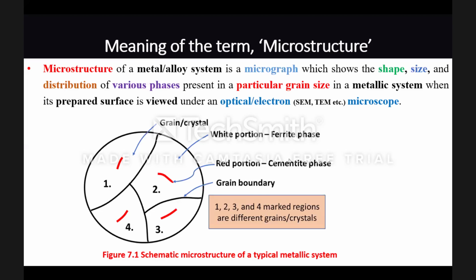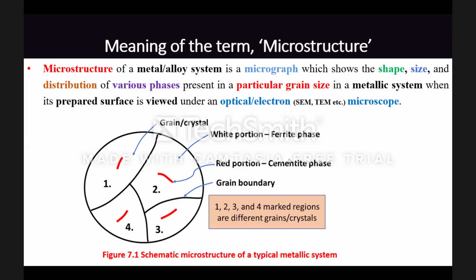Why is the red phase scattered? बच्चों, हमेशा ही मेटेलिक सिस्टम्स में ऐसा होगा कि एक कोई फेज होगा जो सारी जगह बिछ गया है, जिसकी वॉल्यूम फ्रैक्शन ज्यादा है, और दूसरे जो फेजेस हैं वो डिस्ट्रीब्यूटेड हैं इस तरह से। फिर किसी ने पूछा है, इज दिस द स्कीमेटिक फॉर एवरी मेटेलिक सिस्टम? नो नो नो नो।